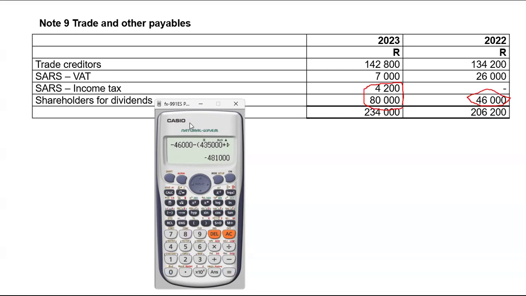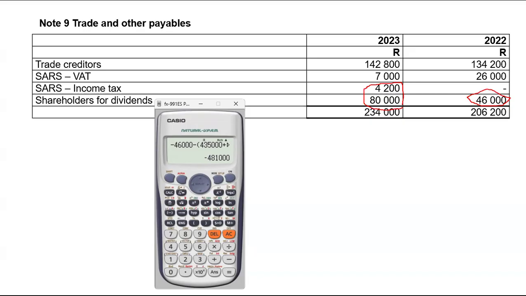It's basically going to give you the same amount, which is 481,000, which is your dividends paid. Okay. So remember, last year's final dividends will be shown in brackets. This year's dividends, which is your interim plus final, will be shown in brackets, and this year's final will be shown without brackets because it'll simply be paid the following year, and that'll give you dividends paid. So it's minus last year's dividends, minus this year's interim plus final, and then plus this year's final,